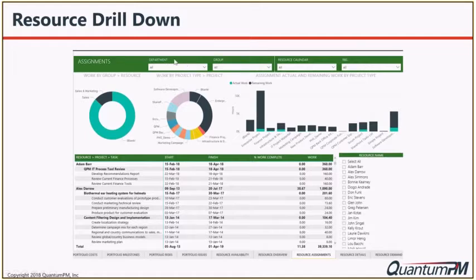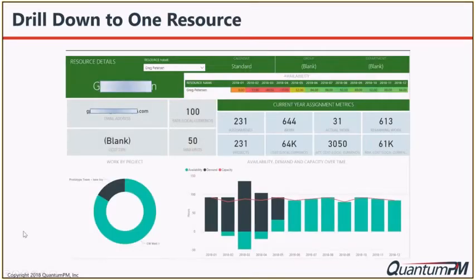Filtering, narrowing it down from all departments to the ones that you need to work at, maybe to a particular group, maybe to a particular structure within the organization, even some filtering here by specific names. All those kinds of things can be very helpful in getting to the right information. So here would be then that next level of drill down to a particular resource in the organization and what's going on for that particular person. And any one of these would be an area where you could drill into a little bit more and see things. So I can see a lot about what this person has going on for this particular year in time.